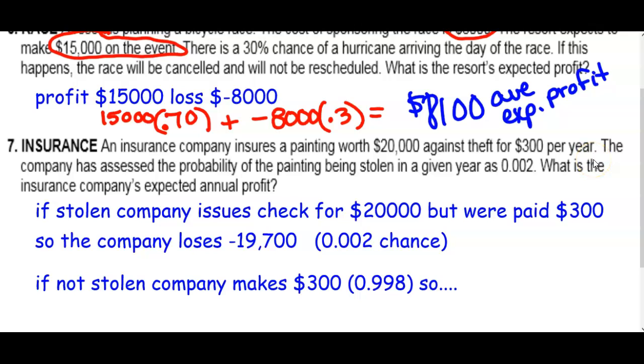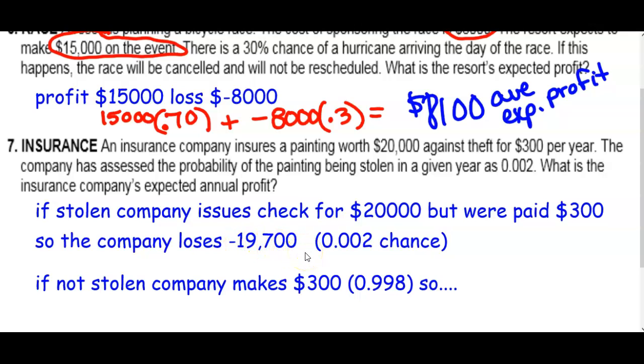That means we're paying them $300 to insure it. The company has assessed the probability of the painting being stolen in a given year as 0.002. What is the insurance company's expected profit? So if the insurance company has to issue a check for $20,000 if it's stolen, but we paid them $300, so their net loss would be